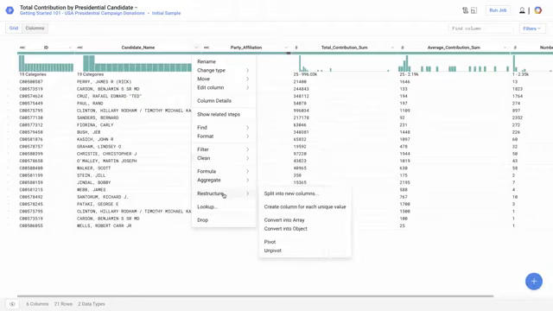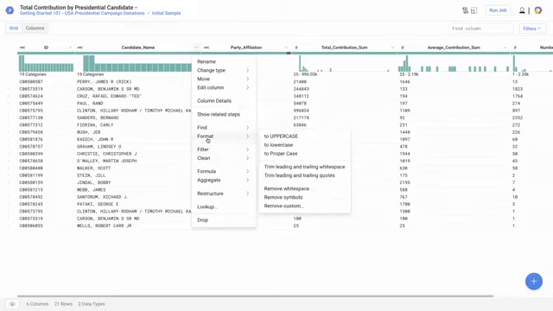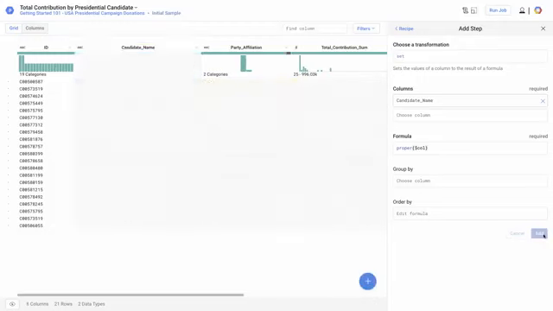For this tutorial, let's start with a simple transformation on the column Candidate Name by fixing its format. Under Format, let's choose To Proper Case. In the grid, you can preview how the selected transformation will change your data, in yellow, and compare it to the source, in blue, before adding the corresponding Wrangle step to your recipe. On the right, you can view the Wrangle step details that apply a set transformation on the column. By clicking on Add, this step will be added to the recipe.